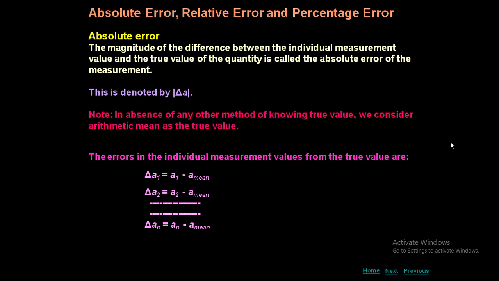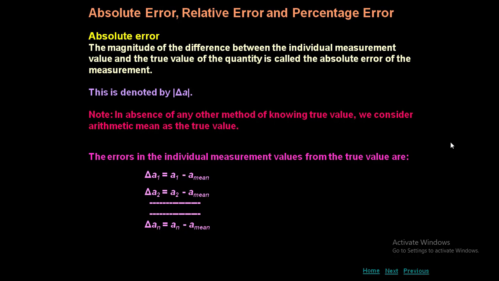To make it more clear for you, let's suppose that you performed an experiment. In that experiment, you have measured the values as A1, A2, A3 and so on up to AN. Now you have n values with you. Now you don't know the true value. So how are you going to determine the true value? By taking the mean of all the n values. That is nothing but the sum of n values divided by the number of values. So the arithmetic mean is A mean equal to A1 plus A2 plus A3 and so on up to AN, divided by n.